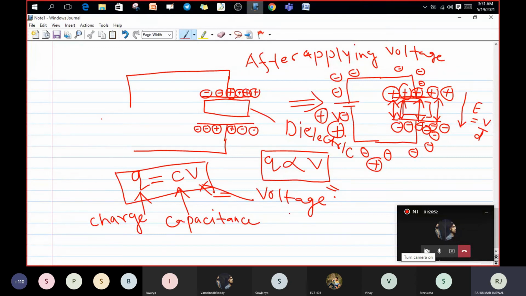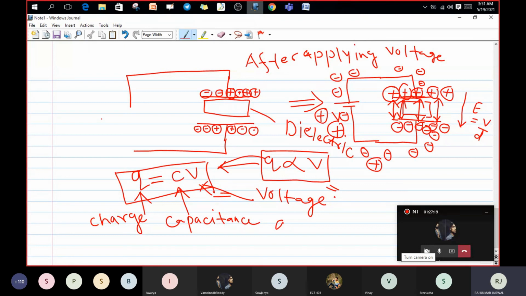Here positive, here negative. It means potential difference only. More charge will be there, more voltage will be there, more storage will be there. Okay, guys. Thank you all. You are getting the concept. Then while I remove this proportionality constant, I have to put one value that I have kept, C. One constant value C. Q equals to CV. That is nothing but capacitance.